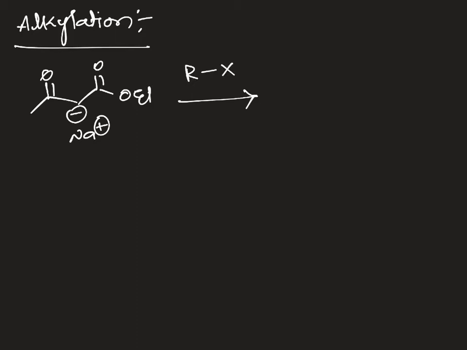And we can prepare disubstituted ethyl acetate or monosubstituted ethyl acetate, and for this we have to take the sodium salt of ethyl acetate as a substrate. I am taking the sodium salt of ethyl acetate as a starting material, and when we react it with alkyl halide RX, the enolate acts as a nucleophile, the halogen will leave, and R will come and attack the active methylene carbon.